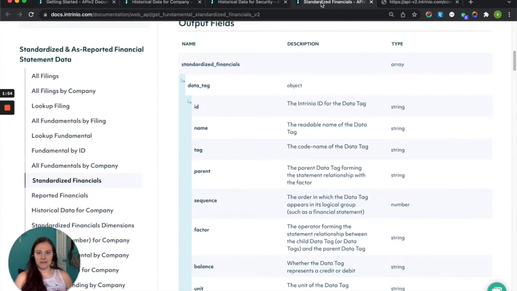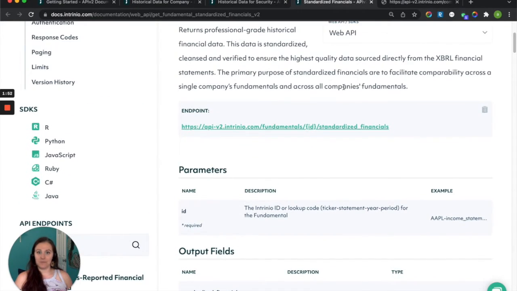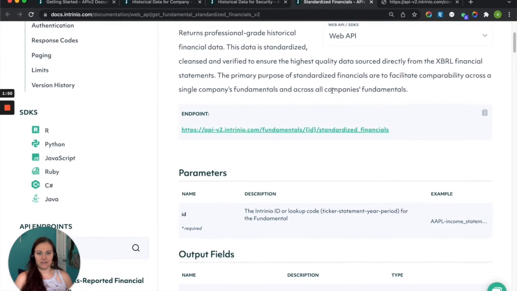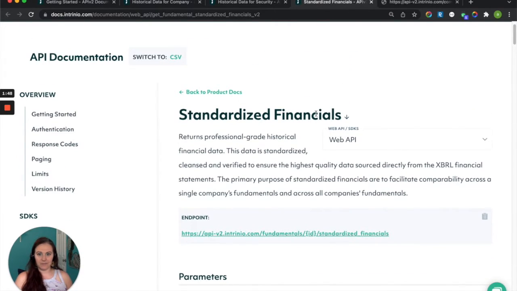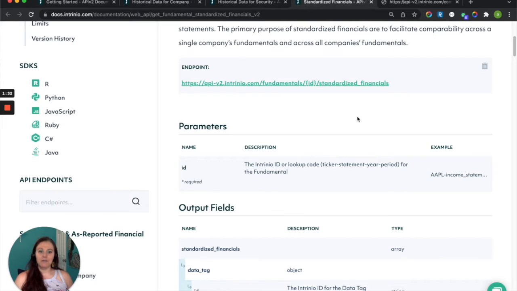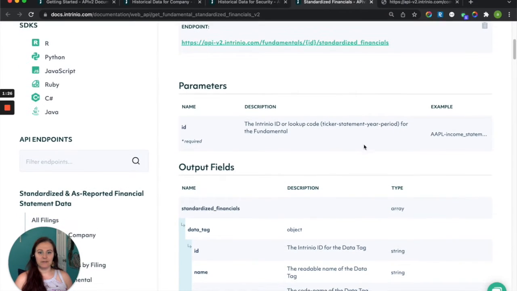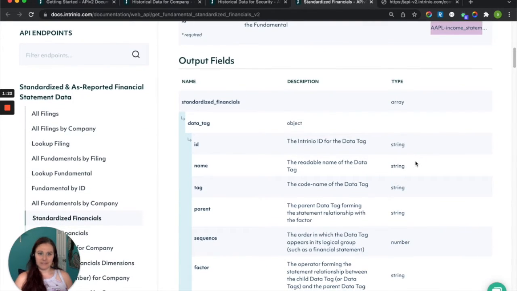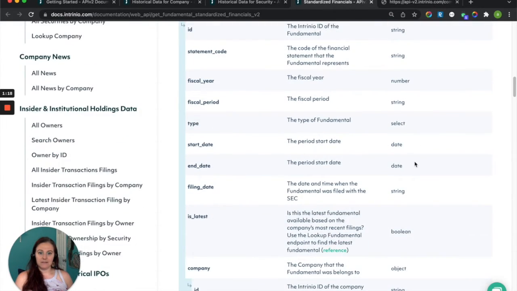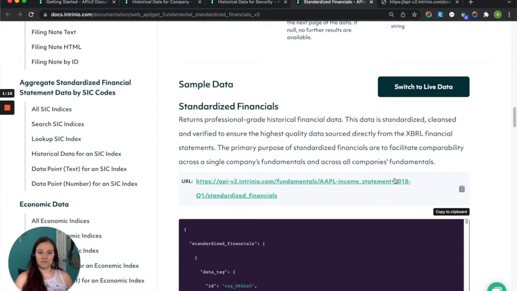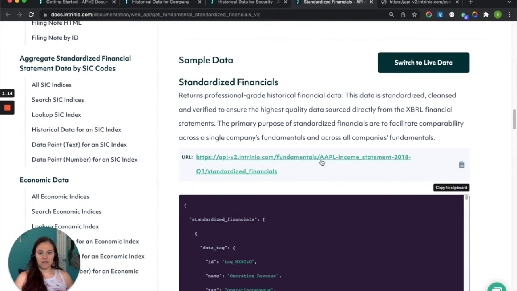Now, the second endpoint we'll take a look at that's most popular is our standardized fundamentals endpoint. Using this, you can pull all of the data tags from a particular SEC filing. So if we scroll down, you will first need to form an ID. This ID is made of a ticker, the statement name, date, and year. So if we scroll down to our example, you can see we have an example here of Apple's income statement